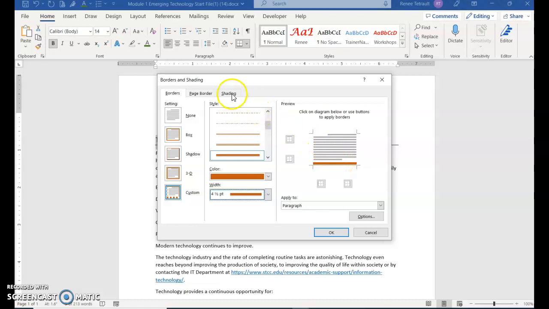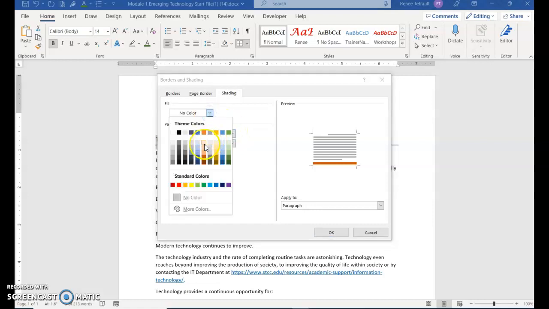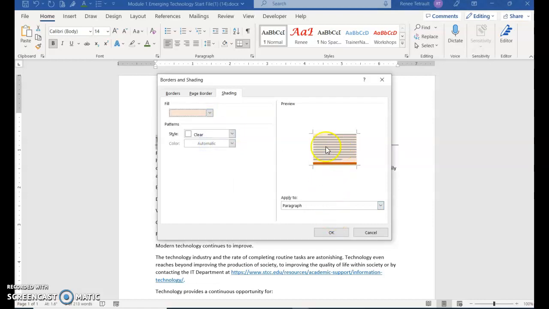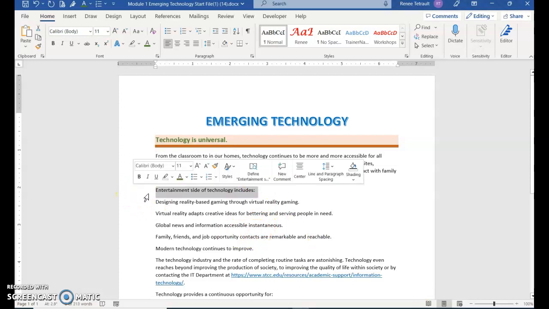And then while I'm here, I'm going to go to Shading, and I'm going to choose a shading color. I'll go into here and I'll choose a lighter color. So it's a shading just on that one line, and then click OK. So now I could go to the next one and do everything that I just did to this one, or